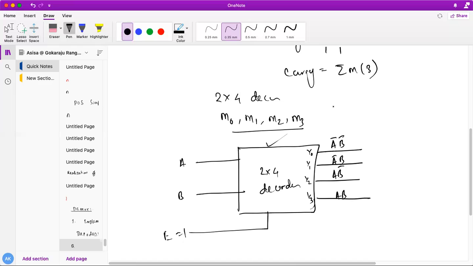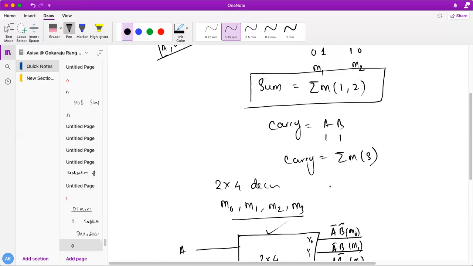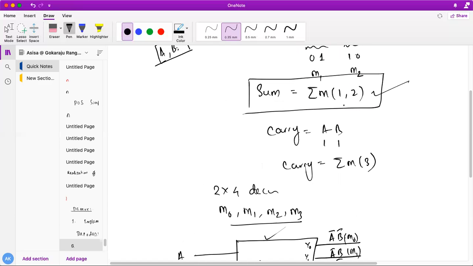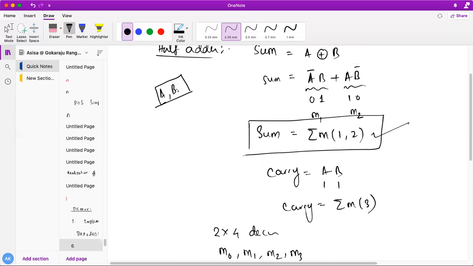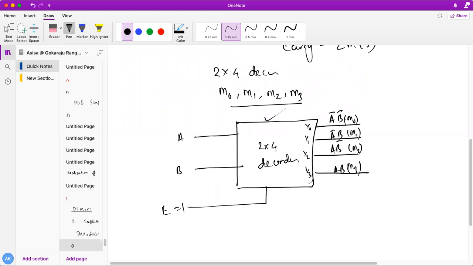Now check here what I can do. This is my M0 minterm. This is my M1 minterm. This is my M2 minterm. This is my M3 minterm. Now you see here, what are the minterms to find out the sum? The sum is M1 or M2. I need an OR gate between the two minterms. So I'll take M1 like this, and I'll take M2 like this, and I'll do an OR operation between these two, which gives me the sum, students, very simple, which is A bar B or A B bar. Do you all understand, or any doubt, students?